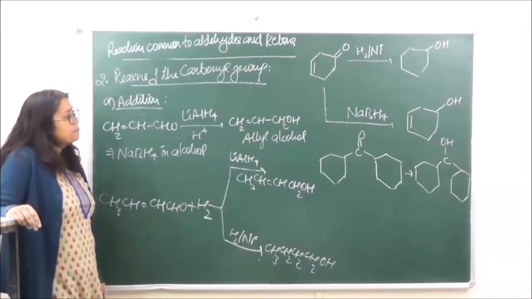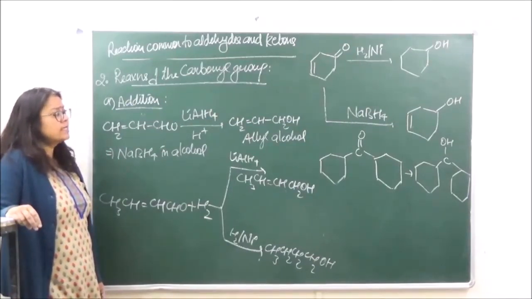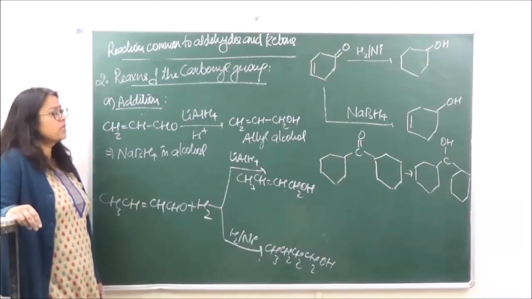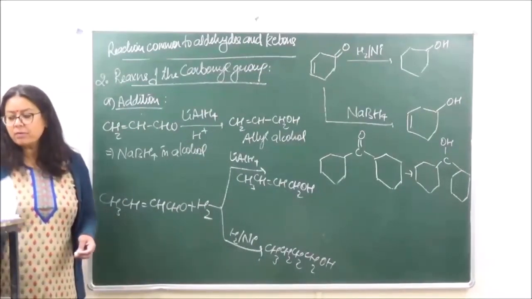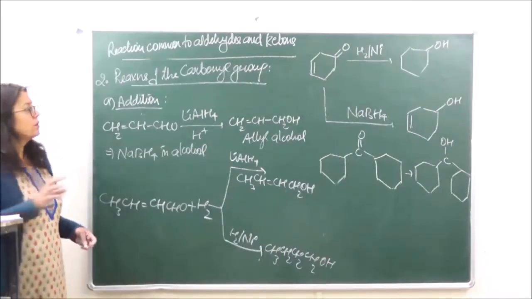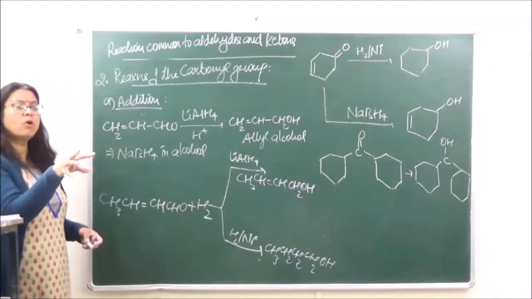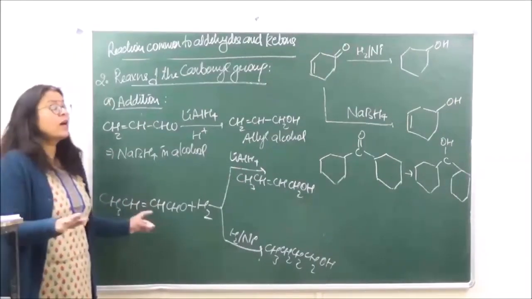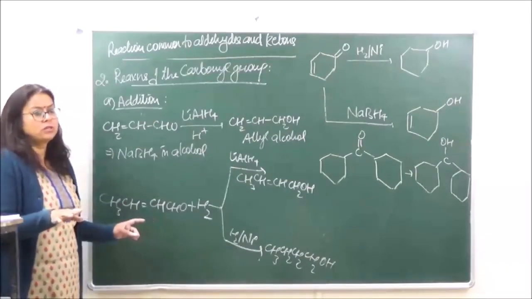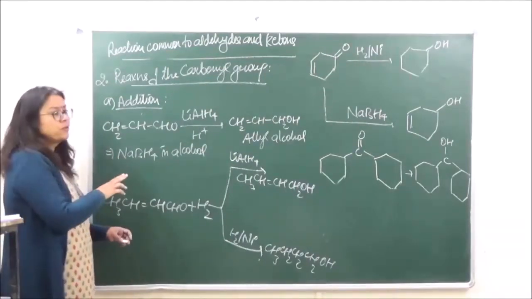Okay? So now I have taken different reactants over here, but the same kind of reaction. It is only the C double bond O which is going to be hit. Rest is going to remain the same if we are taking lithium aluminium hydride or we are taking sodium borohydride. But if in case there is a double bond and we are doing the catalytic hydrogenation, in that case both the C double bond C and C double bond O, both are going to be reduced. Okay? So you have to remember this difference. This is a very important concept which we've done over here.